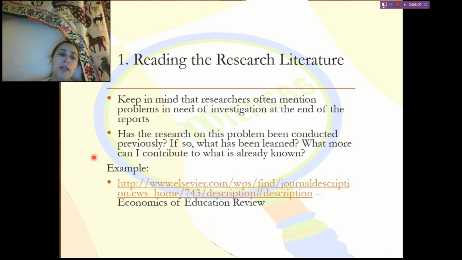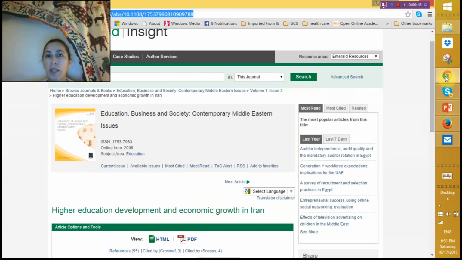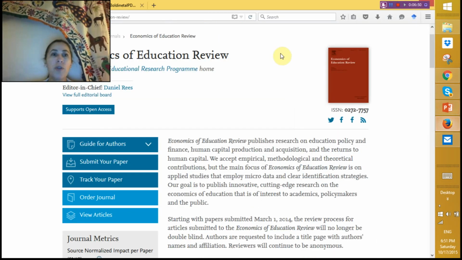When I was a student, I was searching all of this, and this is interesting because I was more in entrepreneurship and business at that time. My knowledge of education was limited. I was a professor, I was teaching already, but not in education per se. So I found this journal, actually, Economics of Education Review. To me, it was a big surprise. I didn't even know that economics of education was a complete area of education that had its own journal,